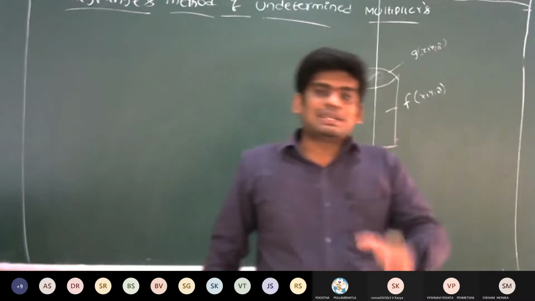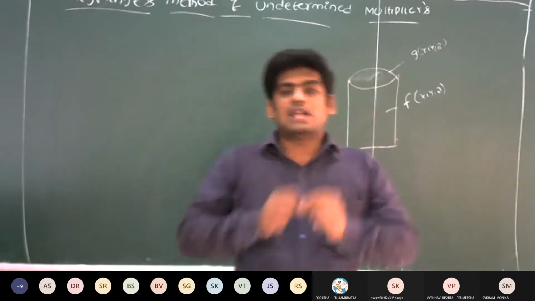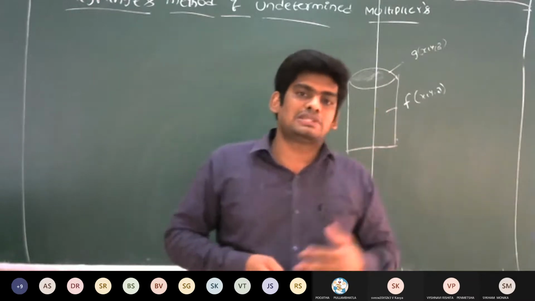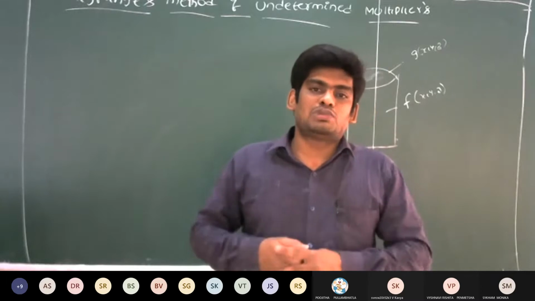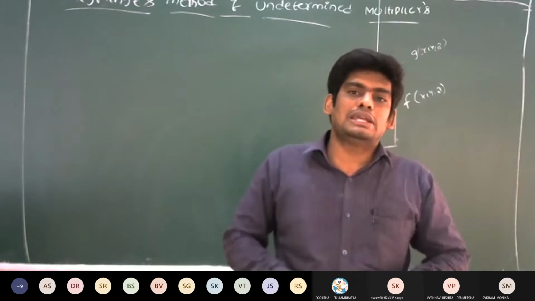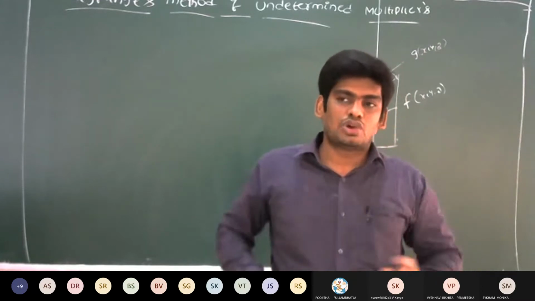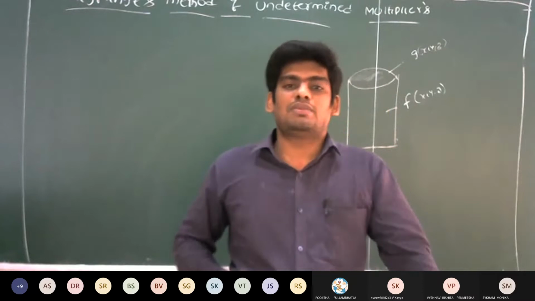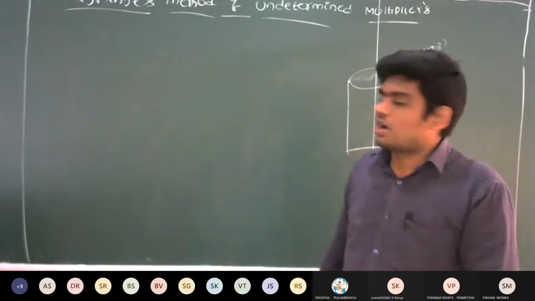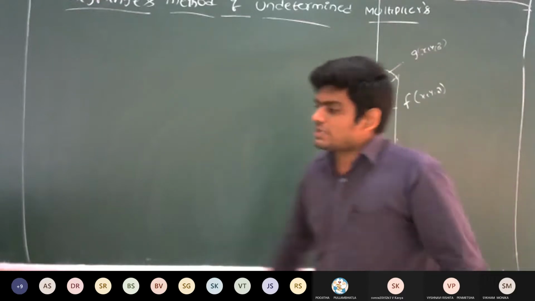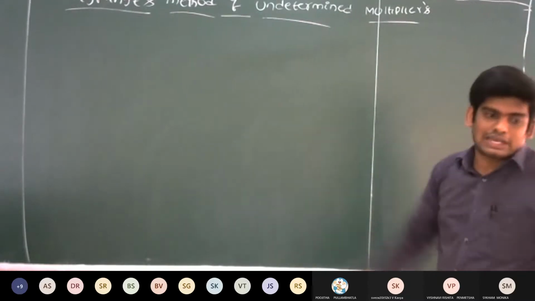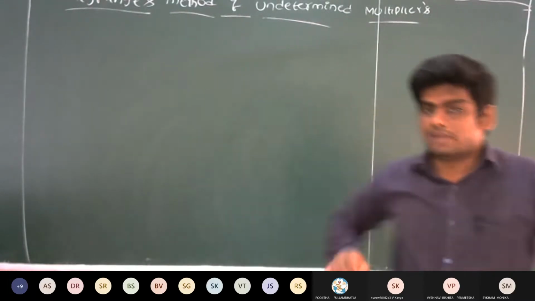And here the one drawback is that it is not possible to find whether it is a maximum or minimum value. Like the previous topic, whatever value you get, that is the extreme value. We cannot justify whether this point is a maximum or a minimum. So that is one of the drawbacks of the Lagrange's method of undetermined multipliers. First of all, I will give the working procedure for how to solve the Lagrange problem by using the Lagrange's method of undetermined multipliers.